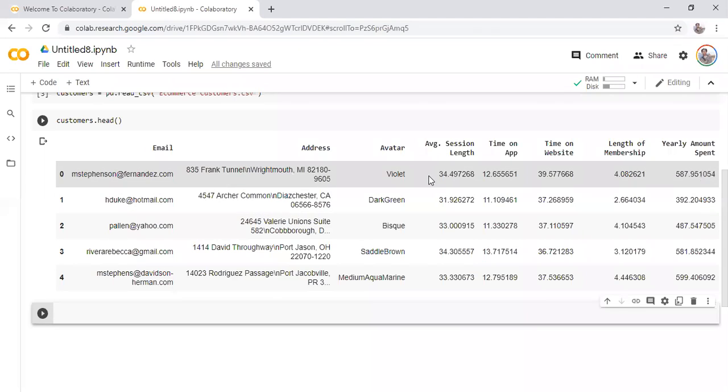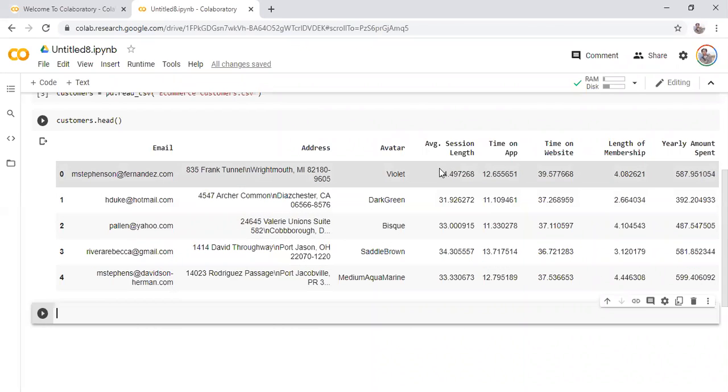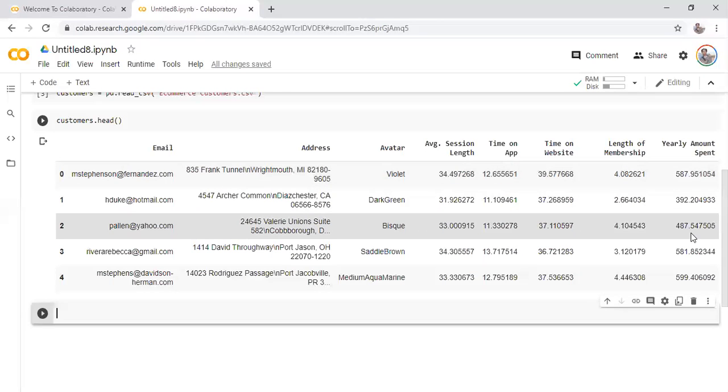Yeah, okay. So I want to see, basically, if someone comes in and gives me a value, the yearly amount spent should be automatically calculated, provided someone gives me the first four columns, like average session time, time spent, and this. From these values, I'll calculate the yearly amount spent. I'll calculate the unknown values.